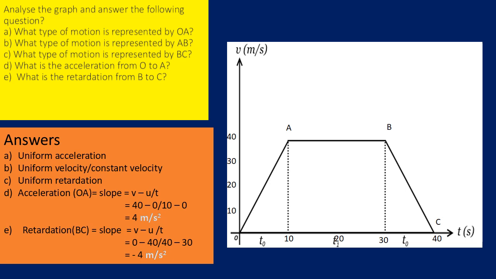Okay, now what is the retardation from B to C? So to calculate retardation, that means acceleration, we have to again take the slope, isn't it? The point BC. B represents the time interval, that is 30 to 40. So look at the corresponding y values there. B corresponds to 40 and C corresponds to 0. So actually its initial velocity was 40 meter per second and its final velocity is 0 since it is coming to rest. So taking the change in velocity, final velocity is 0 minus initial velocity is 40, divided by 40 minus 30, and so the acceleration is negative, that is minus 4 meter per second square. Children, hope it is clear. Go through it again.